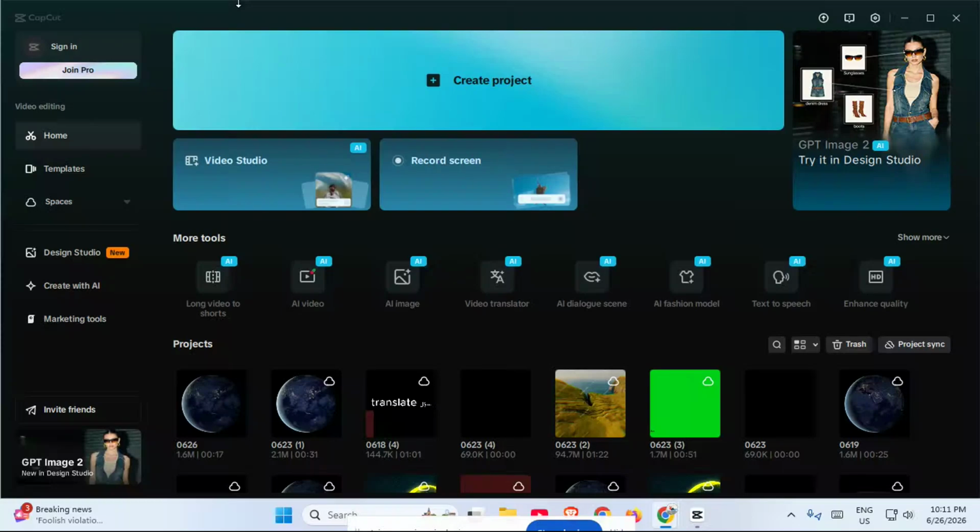If you want to learn how to sign into CapCut with a QR code, you're in the right place. In this video, I'll walk you through the quickest and easiest way to log into CapCut on your PC using your phone, so you can get into your account without typing in passwords or going through a long sign-in process. This is especially useful if you already have CapCut installed on your phone and want a faster way to connect